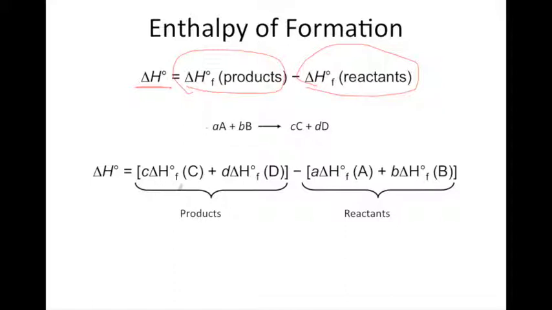We would take the sum of our enthalpies of formation of my products. Now we have to multiply those enthalpies of formation times whatever coefficients we have here, because remember, enthalpy of formation is the formation of 1 mole. So if we have a coefficient of 2 here, we would have to multiply the enthalpy of formation times 2